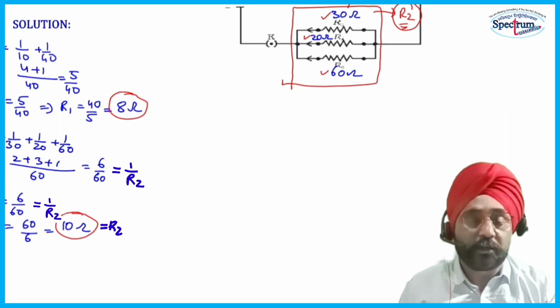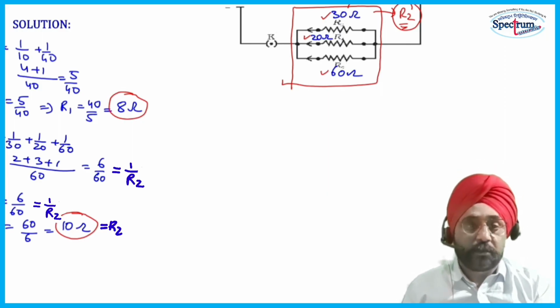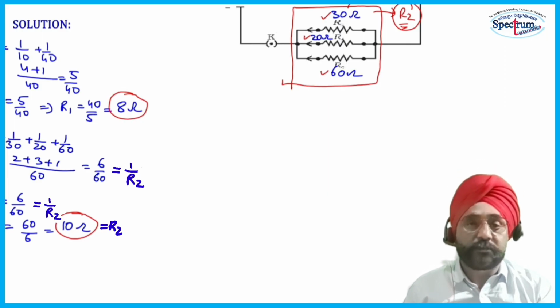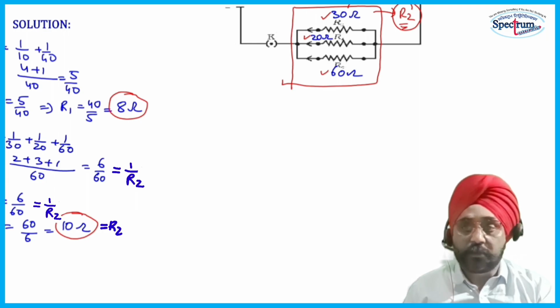R2 comes out to be 10 ohm. Now these two resistors are combined in series, so